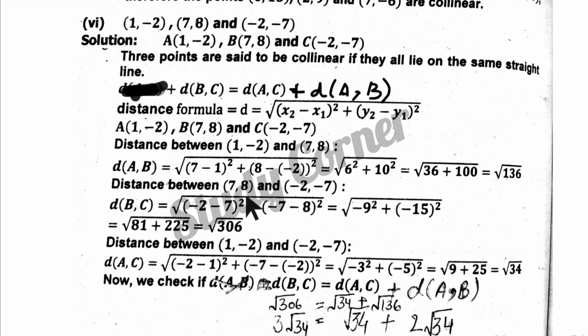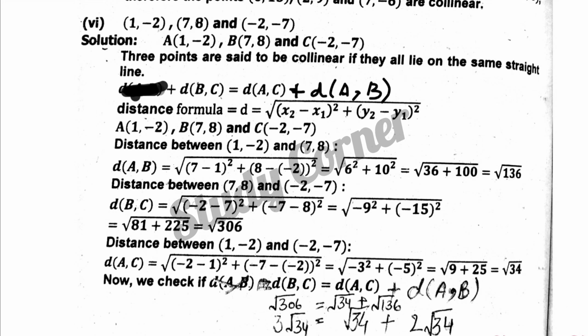So the point B is 7 and 8 and point C is minus 2 and minus 7. So we take the distance, that is minus 2 minus 7 whole square and minus 7 minus 8 whole square. So minus 2 minus 7 you get minus 9 squared, and minus 7 minus 8 you get minus 15 whole squared. And when you simplify that, you took the square of 9, with a negative of course, but the negative became positive because of the square, you get 81. And 15 squared is 225. 225 plus 81 you get square root of 306. And by prime factorization we get 3 times square root of 34.